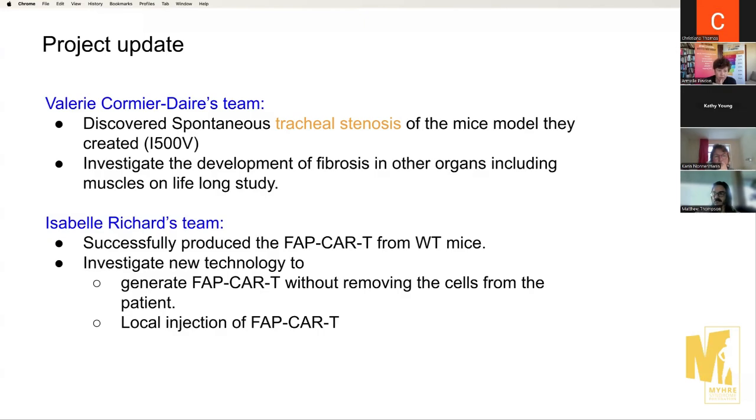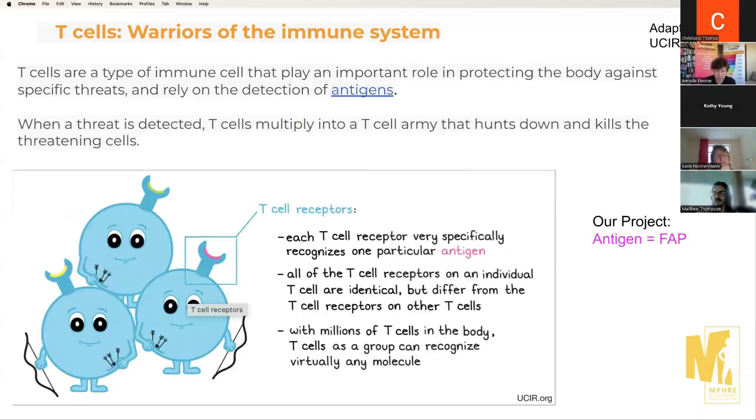Isabel Richards, on the other hand, is producing the FabCAR-T from mice, and she's also investigating a new way to get the FabCAR-T without removing the cells from the patient, which is the traditional way that clinicians use CAR-T cells now, is that they take the CAR-T, and I will explain that. So she wants to try to invent a new way to produce the FabCAR-T than the other one. So we are talking about the immune system. So just for you to understand,